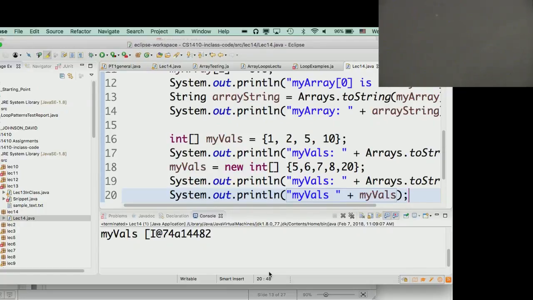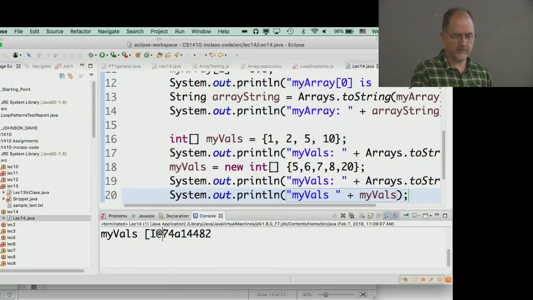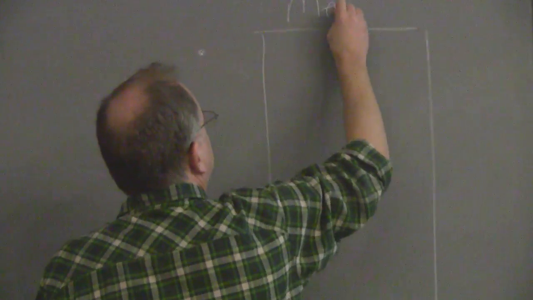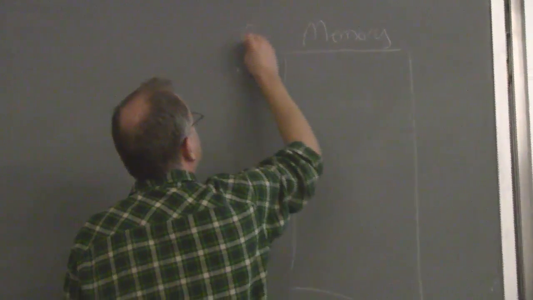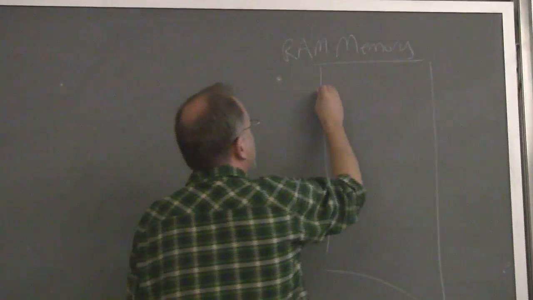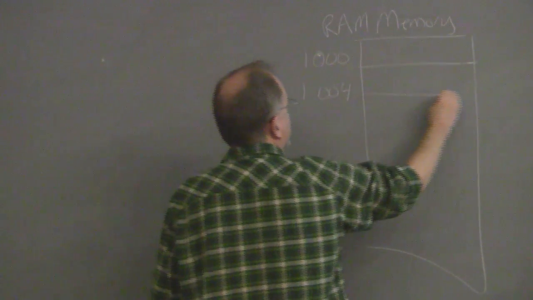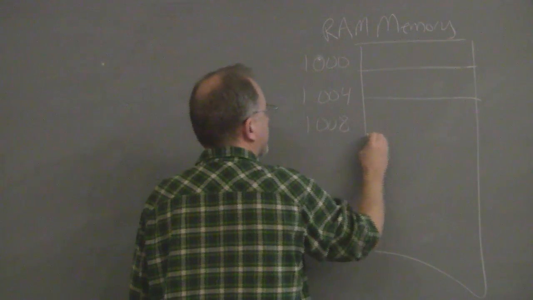which is interesting, right? This is a reference. This says I'm looking at an object that's somewhere in memory. This is basically some sort of memory address. It's not exactly a memory address because Java doesn't live exactly on your computer hardware. But in your computer, everything is stored basically in the RAM memory, right? Random access memory. And there are just a bunch of addresses. 1,000. I'm going to just skip forward by little chunks, for not totally accurate reasons, but